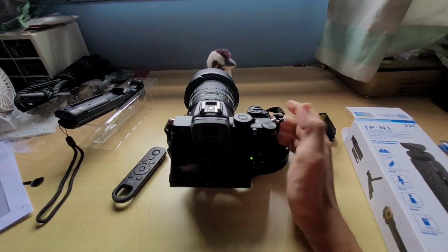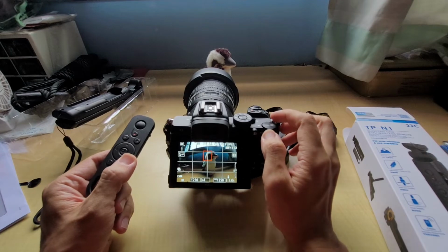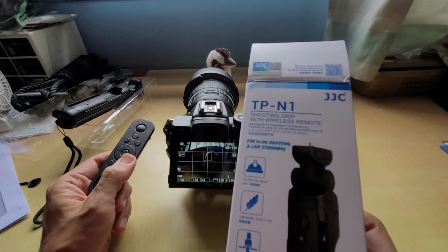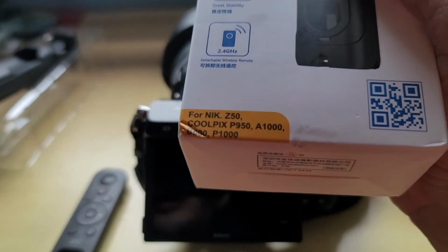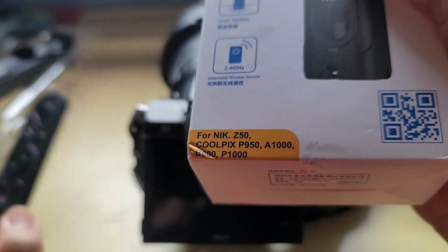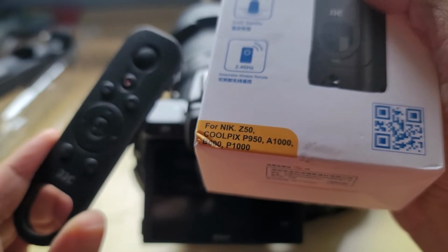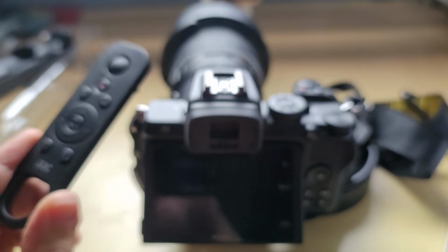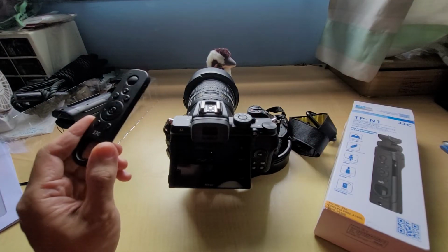Hello everyone, this is going to be a review of my recent purchase of this remote for my Z50 camera. It's called the TP-N1 from JJC, and notice that over here it states that it's for a range of Nikon cameras, but I realized that there's actually a range of functionality that is missing or not, depending on the camera that you have. So I'm going to specifically state that this is only for the Z50 camera